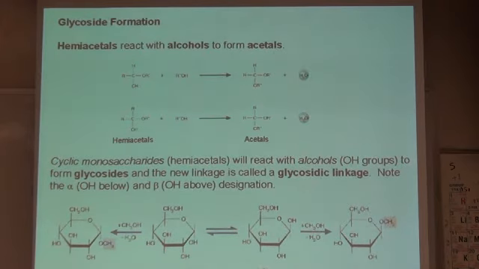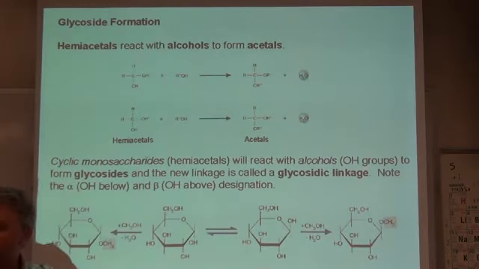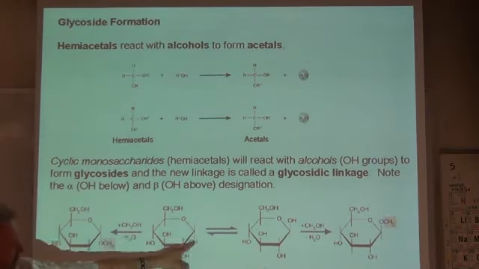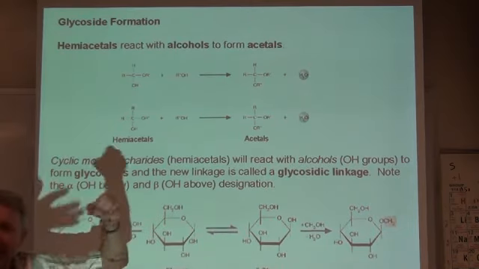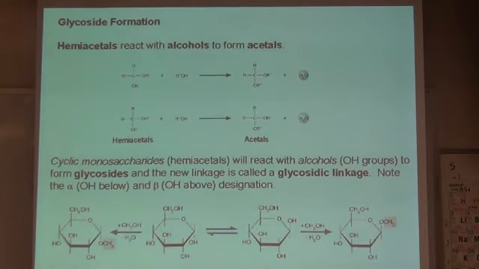Because these things are constantly opening back up into the Fischer and closing again, opening and closing and opening and closing. These sugars are constantly opening and closing. So they can open from an alpha form and they can close in a beta form. And we would expect about a 50-50 concentration of each anomer in nature. That's what we see. Okay?